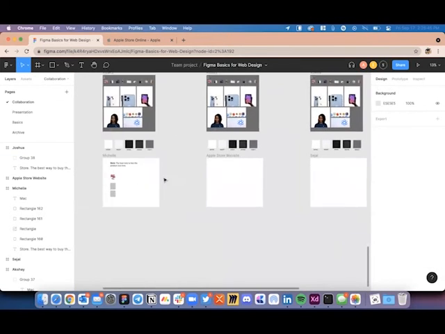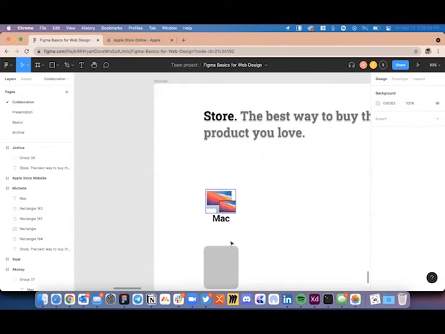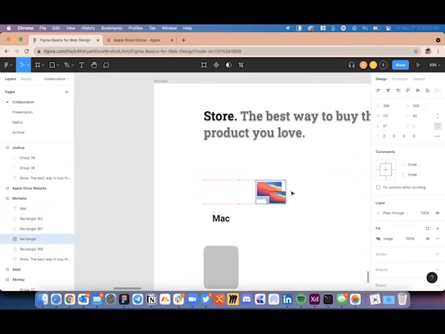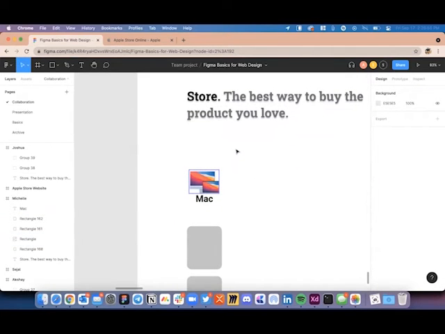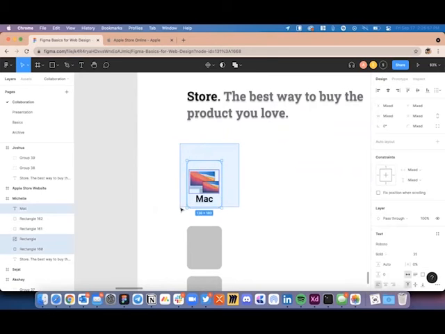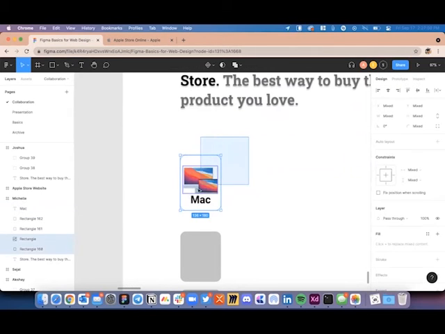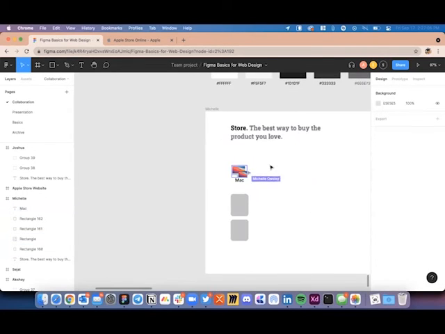So Joshua is sorted. Michelle, is there a rectangle behind? Yeah. And is it a group? No, it's not. So if you can just switch to my screen quickly, you will just need to select all these three layers and again group it up.